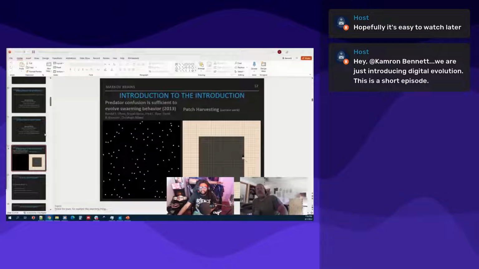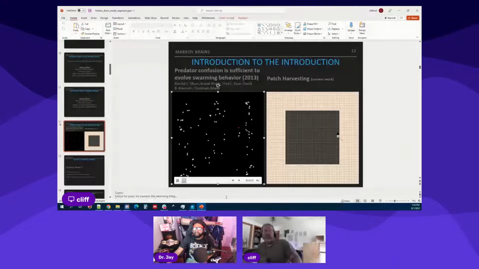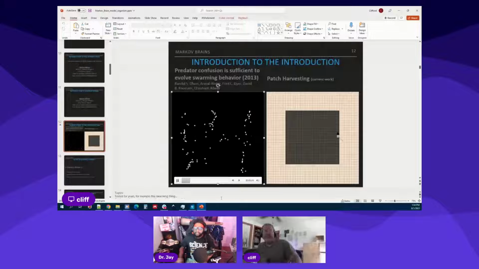So go ahead. These are two tasks. This one on the left here is showing something from a paper I didn't work on. This was before I got to MSU. It's an idea called predator confusion. Hang on a sec, Cliff, you're coming in and out. The blocking behavior, and one of the arguments was that